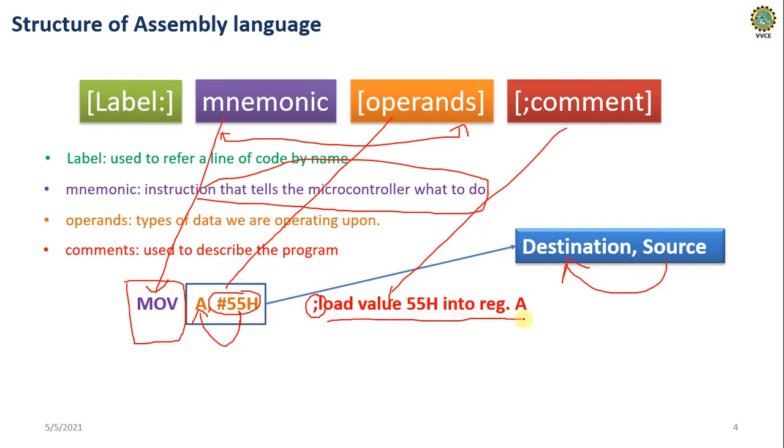Fine, so this is the comment. So every instruction will go like this. Some other important instructions are like this. Here see the data type or the addressing types: A is the register and 55 is the immediate value, right? So in this instruction, both operands are registers only. Here there is the data, the value as well as the register.